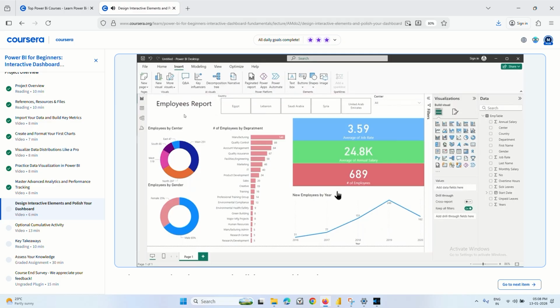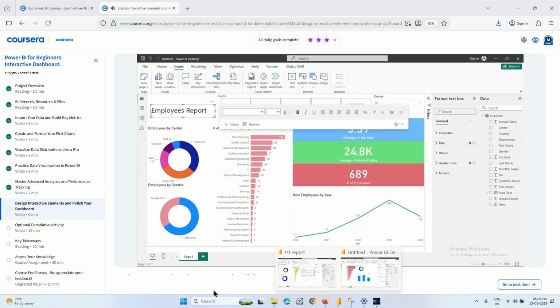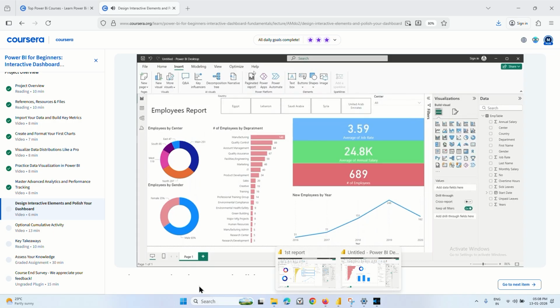Also, when designing a dashboard for a client, it's highly advisable to add the client logo in it. Logos are usually placed on the corner of the report. So I will go ahead and move this title a little bit down by clicking on it and dragging it here. And in order to insert my logo, I will click again on Insert, and now I will choose an